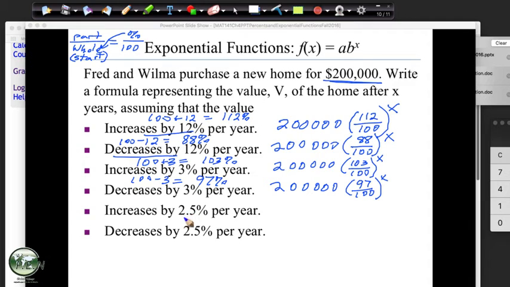These get a little tricky, the 2.5. Use a calculator. Again, we're either adding to 100, that one's not too bad, 102.5%, or subtracting, which is a little trickier, that's 97.5%, I think. Did I get that one right? Okay, and again, set them up, and you're ready to go. Perfect, right? We're almost done.